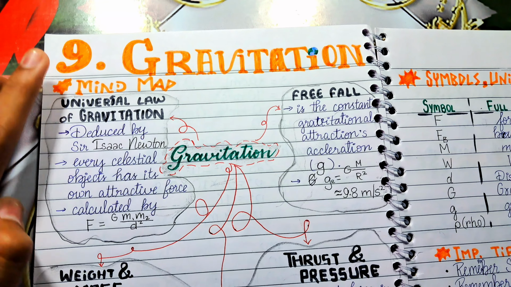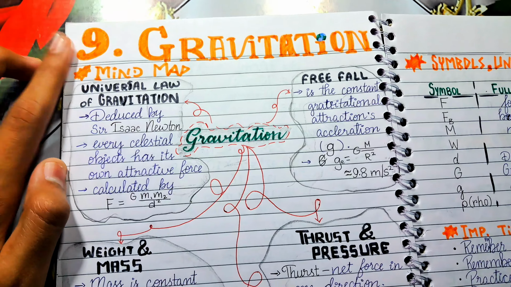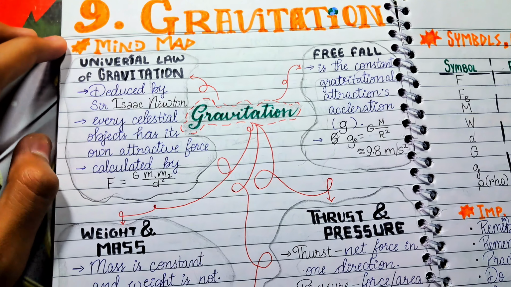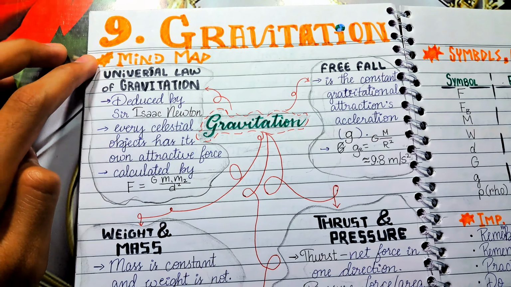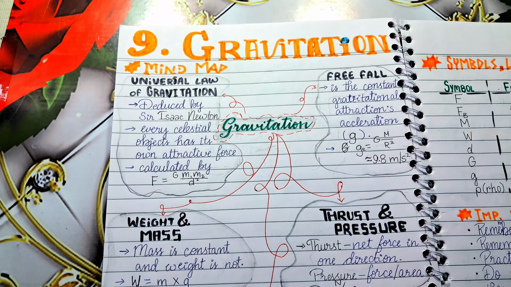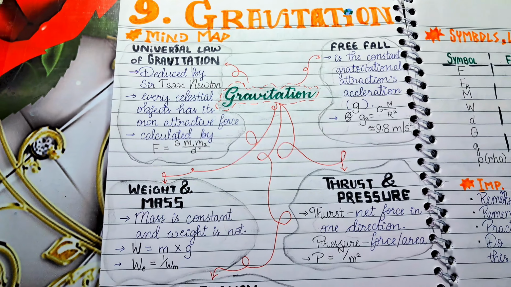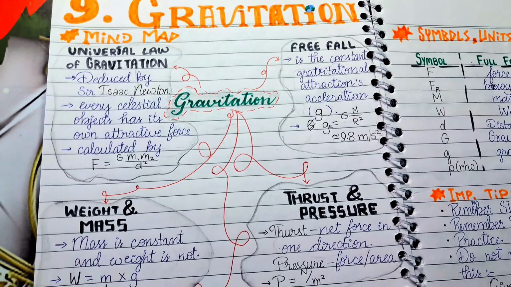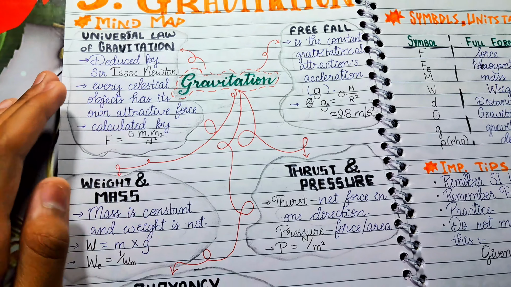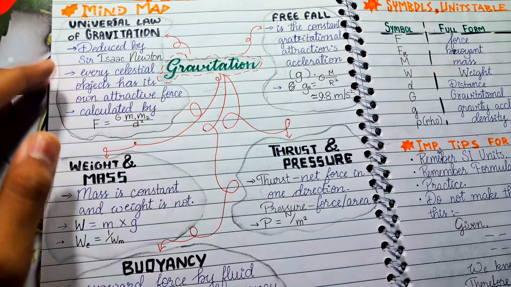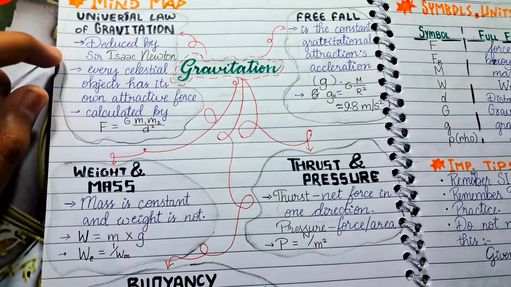So in this video we will be covering class 9th chapter 9, gravitation. We will be covering mind maps, symbols, unit tables and the important tips for numericals. Then let's start with the main mind map that talks about the universal law of gravitation that was deduced by